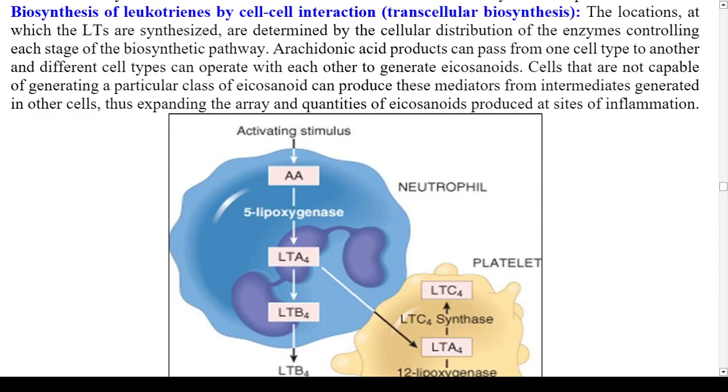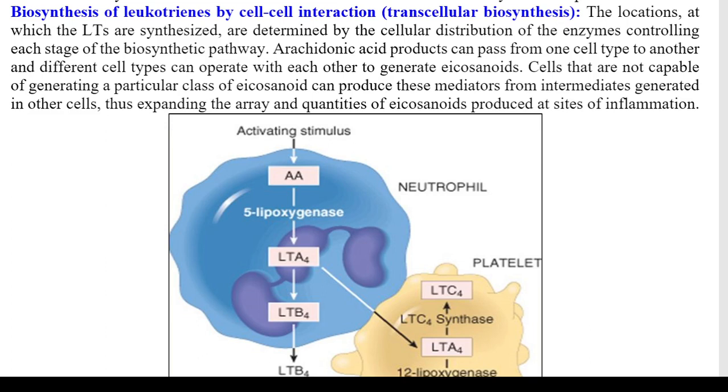Biosynthesis of leukotrienes by cell-cell interaction. Transcellular biosynthesis. The locations at which the LTs are synthesized are determined by the cellular distribution of the enzymes controlling each stage of the biosynthetic pathway. Arachidonic acid products can pass from one cell type to another, and different cell types can operate with each other